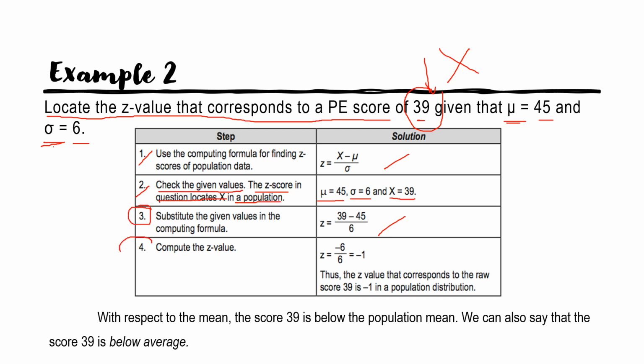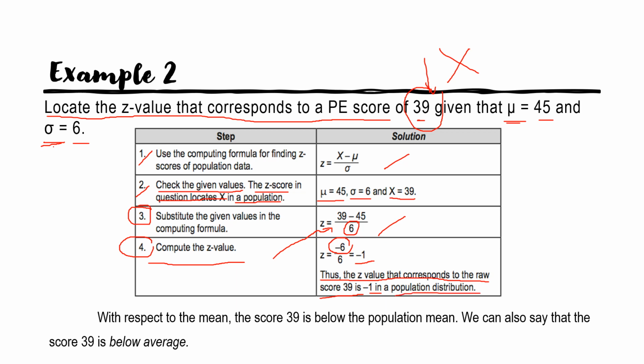Going to your step number 4, we're asked to compute the value of your z by simply simplifying your step number 3. So if we simplify this, 39 minus 45 will be equal to negative 6. We copy your denominator. So negative 6 divided by 6 will be negative 1. Thus, the z value that corresponds to the raw score 39 is negative 1 in a